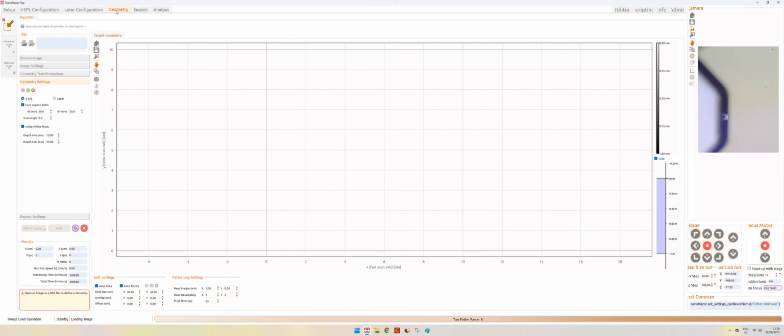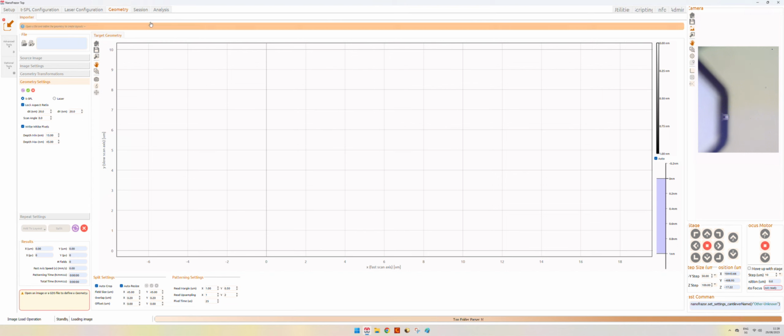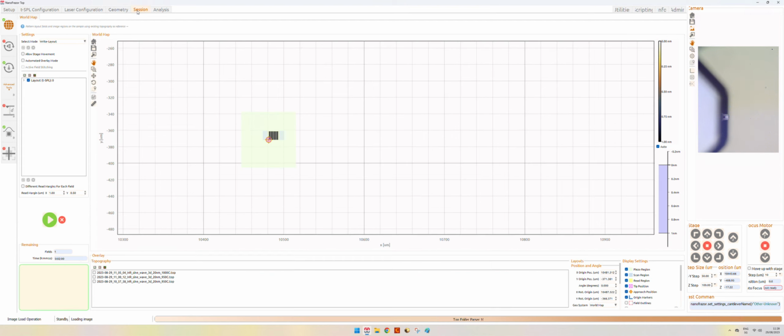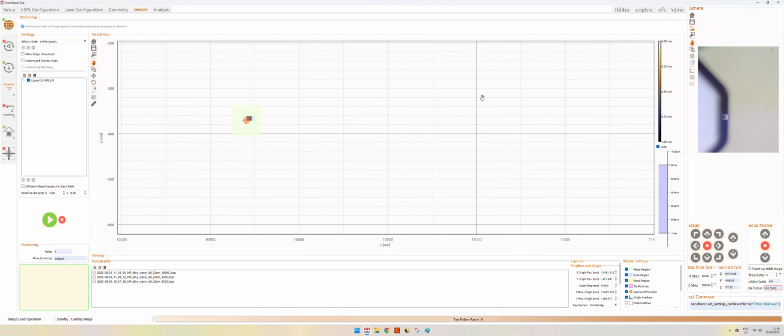Then once everything is greened out, we have to move towards the geometry. In the geometry, we import our designs and we can do some editing. Lastly, we have to go towards the session. In the session, we can decide where to place our designs, we can see our samples, and we can control the processing parameters for the thermal scanning probe lithography and the laser.